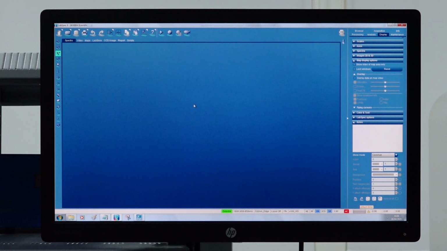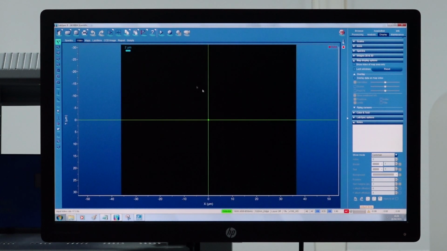This is the software module for Raman signal acquisition and analysis, that is LabSpec 6 by Horiba Scientific. This is how the software window looks. Now if I go above, among the icon bars, this is the camera visualization window. So I will click on this camera icon, and as you can see, a black image is popped up here. It is black because till now I have not switched on the illumination source for the microscope.